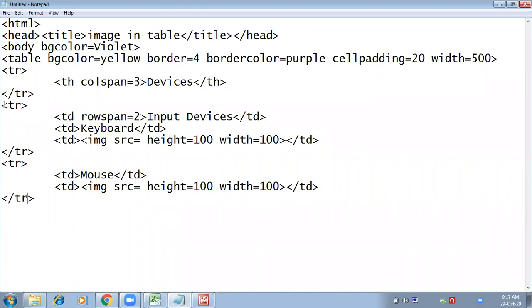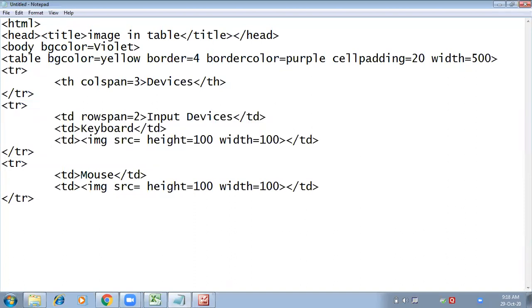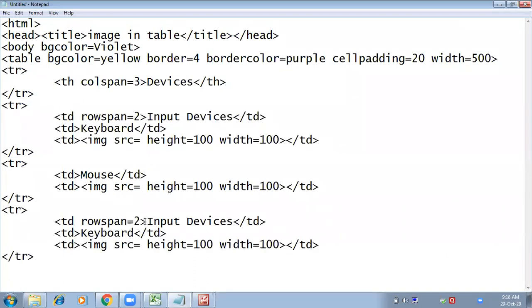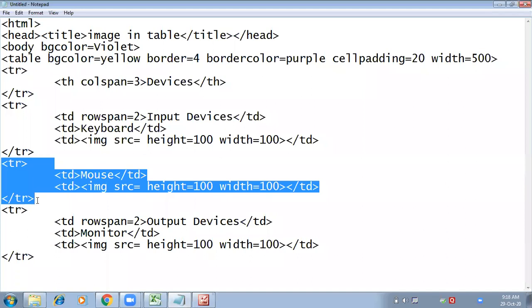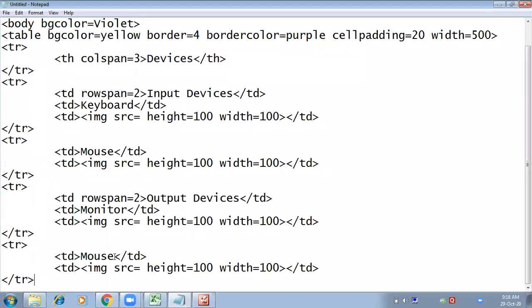So again, we will copy this code for the next row, paste it, and this will become output devices. This will become monitor. And now I'm going to copy this code for the next row, paste, and do the changes.